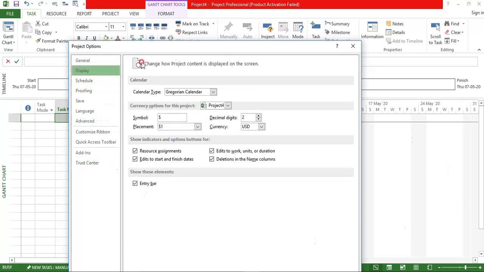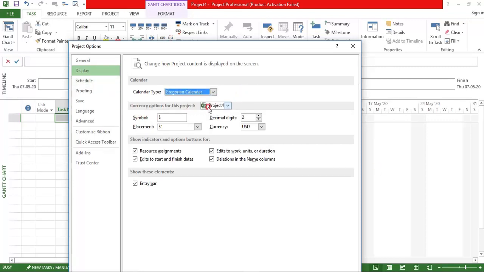So in your display, the first option that we are seeing is the calendar type. Here we get three types of calendar. I hope you are aware that the calendar that we use is the Gregorian calendar. So this Gregorian calendar means what? It has 7 days a week, 12 months a year. Other than this you have Buddhist and Hijri calendar. You can check out, if you are interested, what those are.